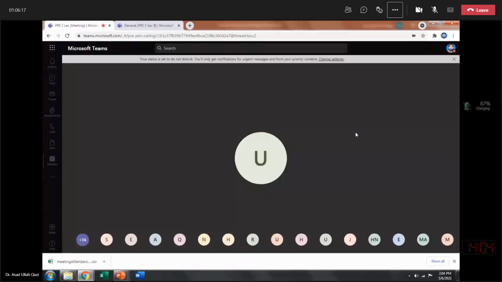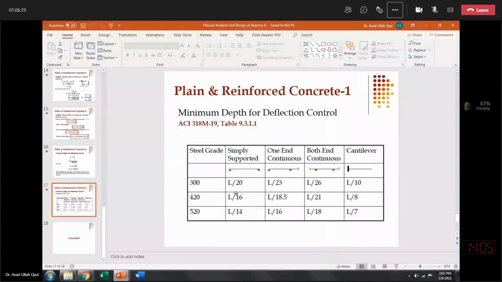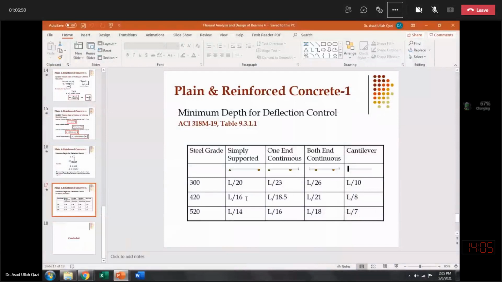ओके सर। सर, इसमें एक और चीज़ पूछनी थी कि जो हम L/16 से निकाल रहे हैं उधर से हम ग्रॉस डेप्थ लेंगे और बाकी जो d minimum है वो इफेक्टिव डेप्थ होगी हमारी, कवर को एक्सक्लूड करके। जी, इस केस में कोड आपको ग्रॉस h रिकमेंड कर रहा है। इस बेस पे जो इक्वेशन हमने ड्राइव की है वो इफेक्टिव डेप्थ को एस्टेब्लिश कर रही है, उसमें हमें कवर ऐड करना है एंड देन दैट कवर आफ्टर एडिंग इन इफेक्टिव डेप्थ विल बी कंपेयर्ड विद दिस मिनिमम रिक्वायर्ड h। मैं h को ही h से कंपेयर करूंगा,